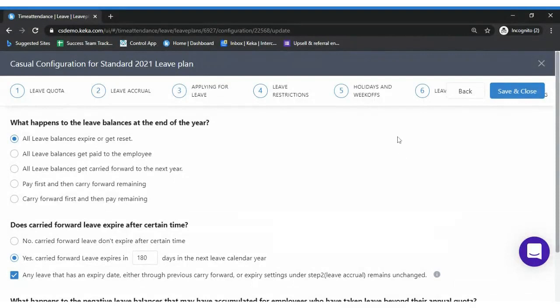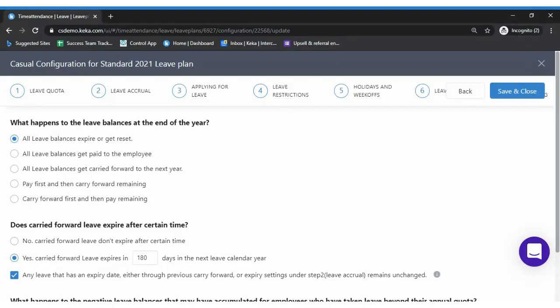So in this particular step, which is year-end process, the first option is all leave balance expire or get reset. Let's assume we take an example of an employee whose leave balance is 5.